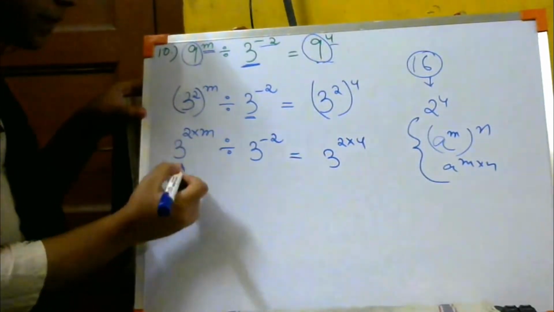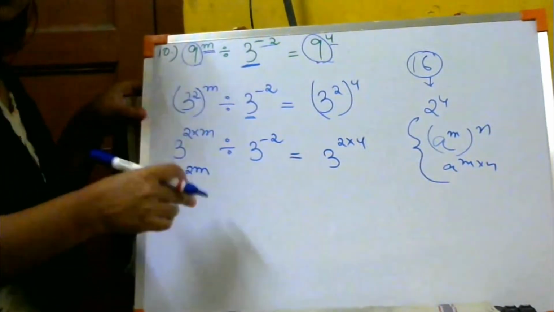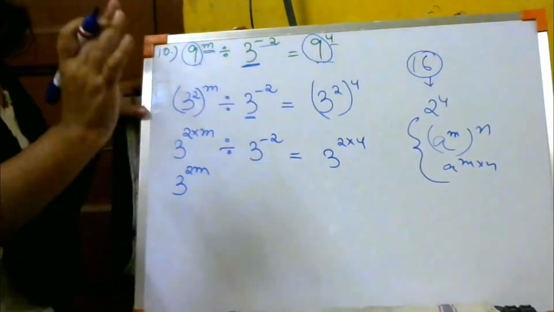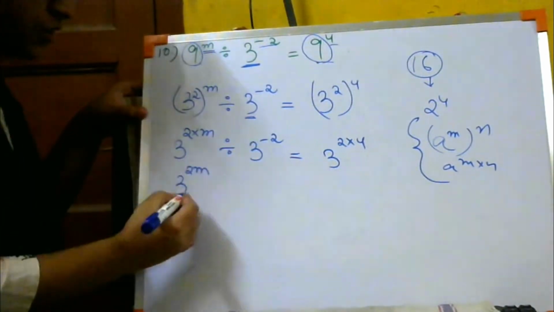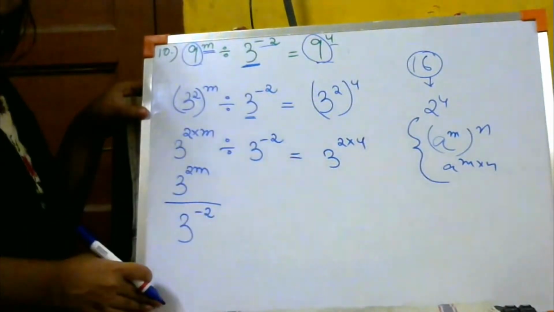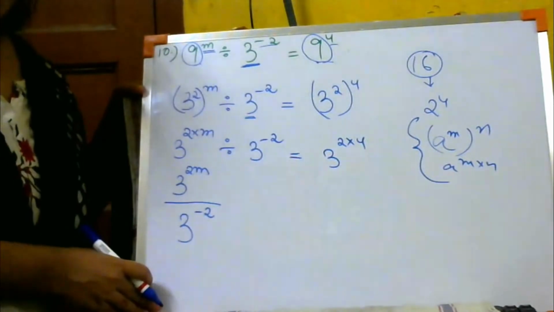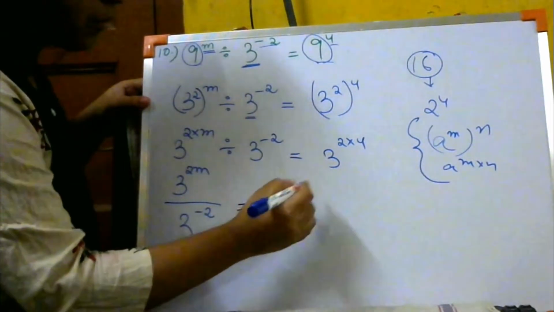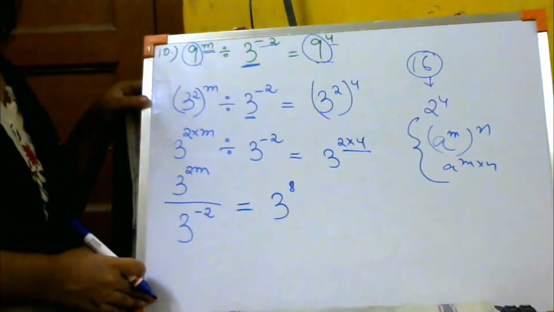So 3 to the power 2m. If I multiply 2 into m, it will give me 2m. 2 into m means 2m. Okay? Or you can also keep 2 into m. It is up to you. Now divided by 3 to the power -2. Clear? So I can write it like this. 3 to the power -2. Did you people understand what I do over here? So now next thing equals 3 to the power over here, 2 4s are 8. Do you understand what we are doing?